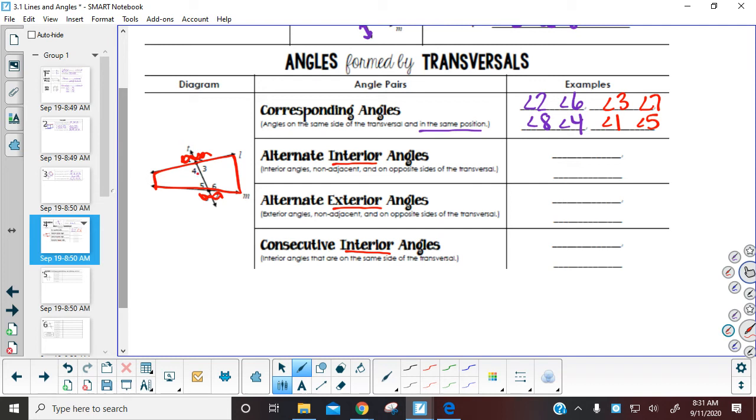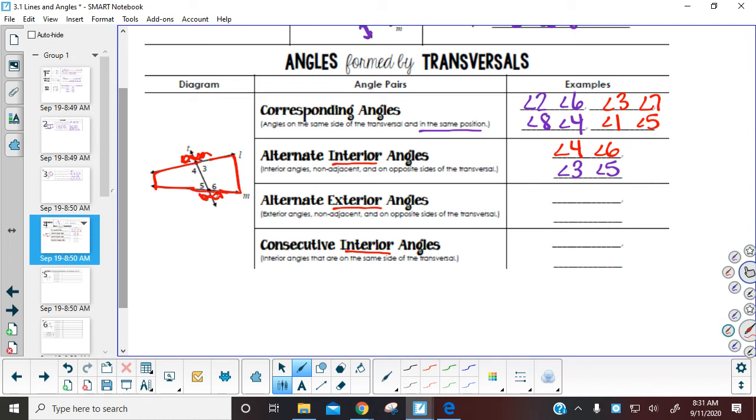So what we're going to do is go diagonally. So angle 4 and angle 6 could be considered alternate interior, and then you've got 3 and 5 would be your other pair of alternate interior. Okay, when we look at consecutive interior there at the bottom, consecutive is interior angles that are